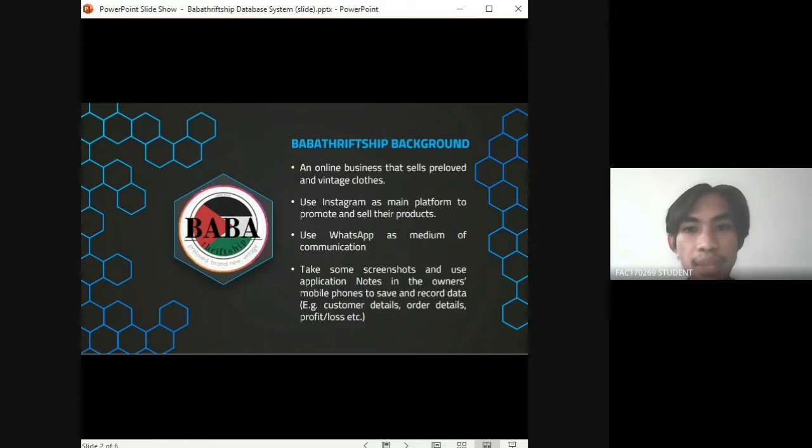However, this current system has posed many problems in terms of productivity, the efficiency of the system itself, as well as data and system security.